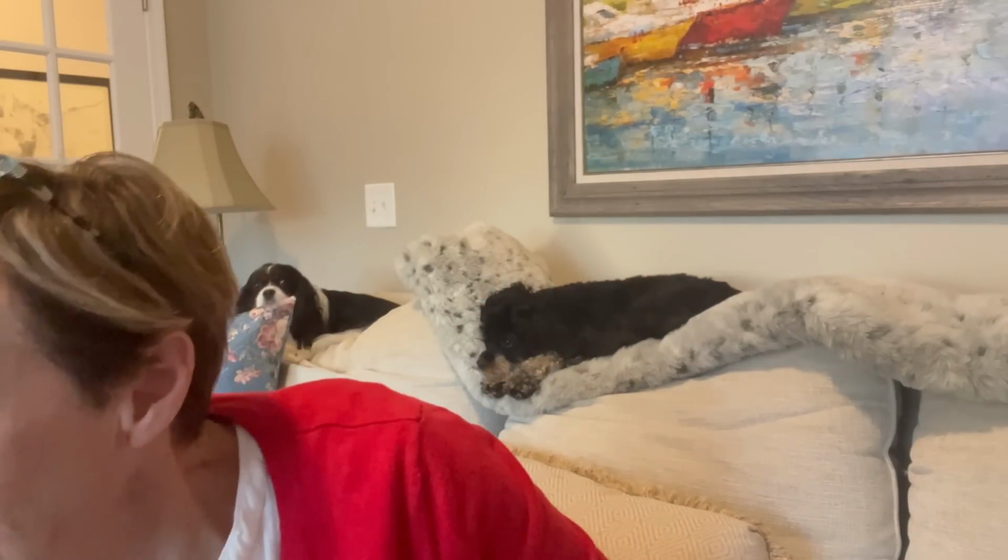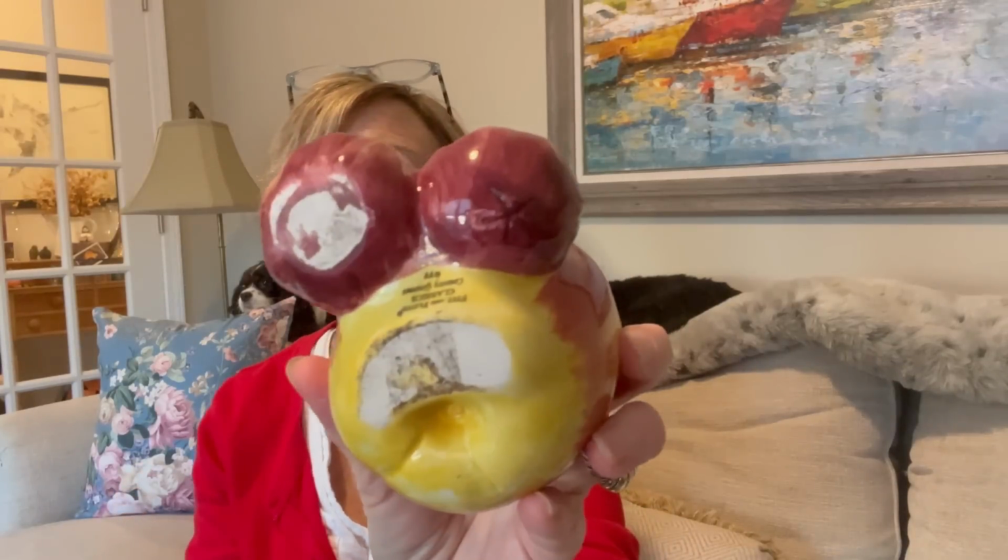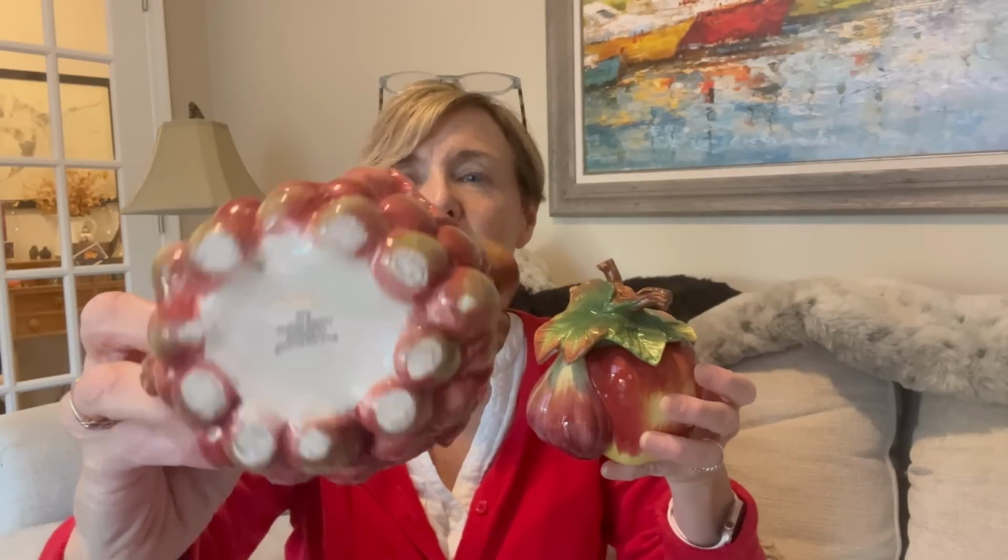Then I found, you can hear it clinking, I found a cream and sugar set. And it is so cute. Here is the sugar bowl. This is by Fitz and Floyd. And you can see that it's an apple, and I think these are figs, and then this is the top, and on the bottom, it does say Fitz and Floyd down there, so that's the sugar dish, and then here is the creamer, and again, it says Fitz and Floyd on the bottom, and I think they were absolutely adorable,